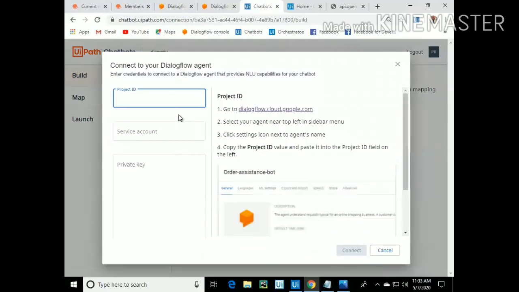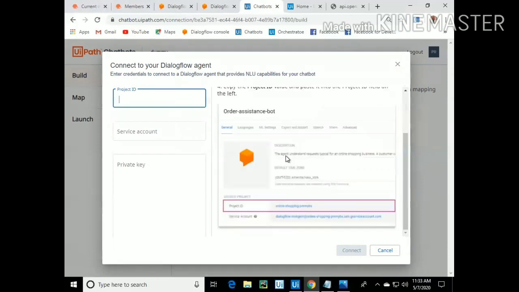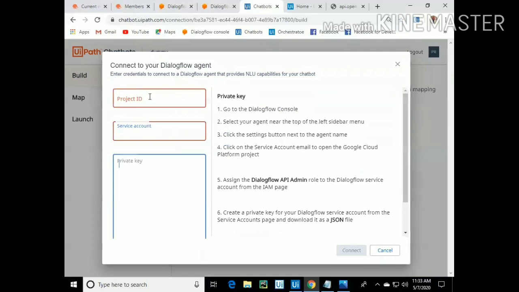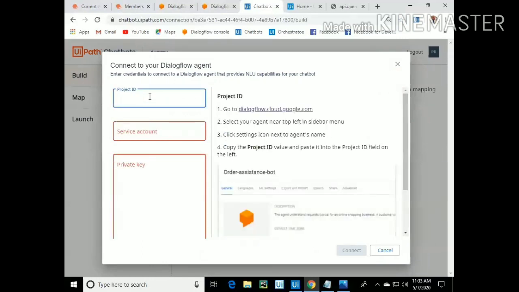You will be prompted for the project ID, service account and private key. On the right hand side, they have mentioned properly how we can get these details for each section. To get the project ID, go to Dialogflow and select the agent.